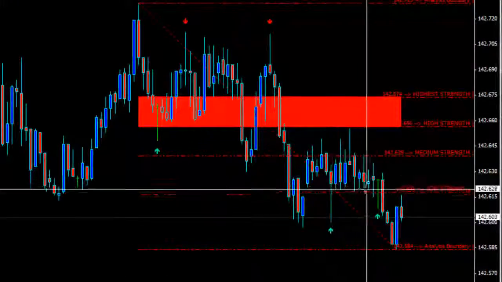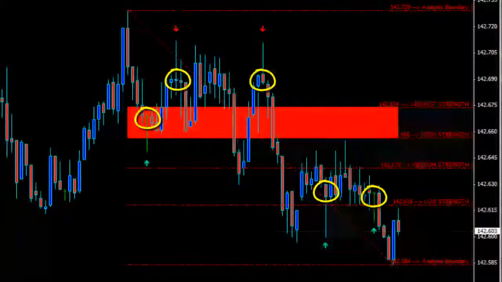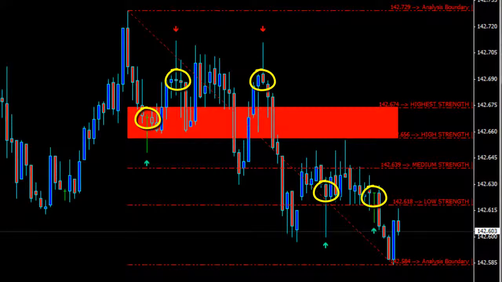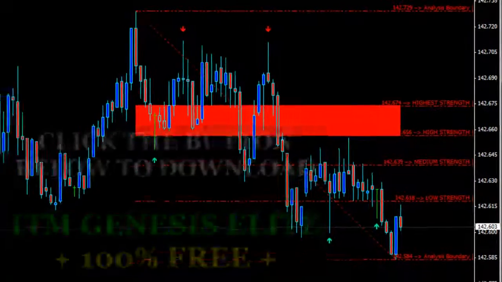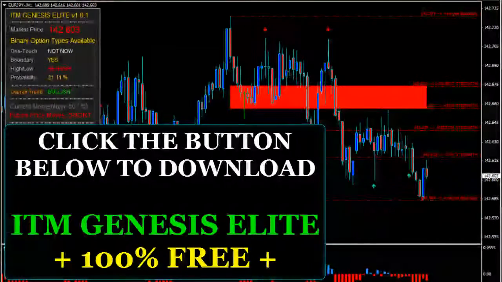So as you can see on the chart there, none of these are repainted. ITM Genesis Elite does not repaint these signals. So as you can see, those high probability signals have a very high win rate because of the way they're generated by Genesis Elite. If you follow these in conjunction with other confluent factors shown to you by ITM Genesis